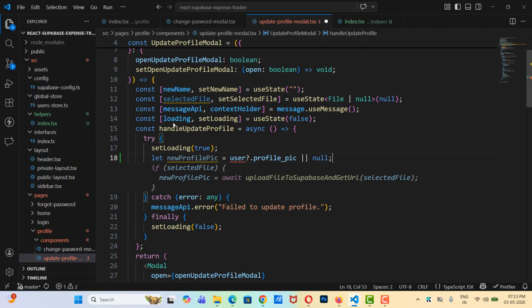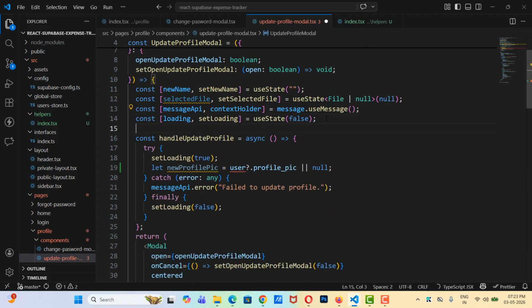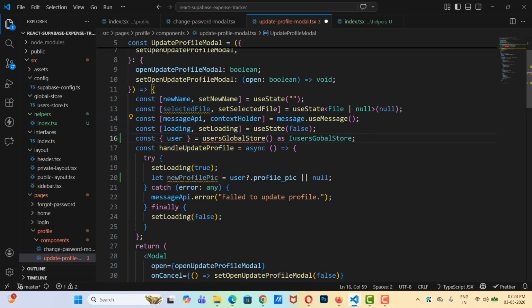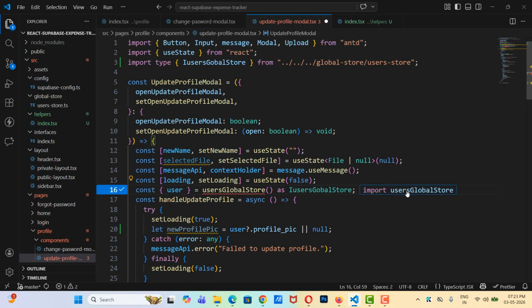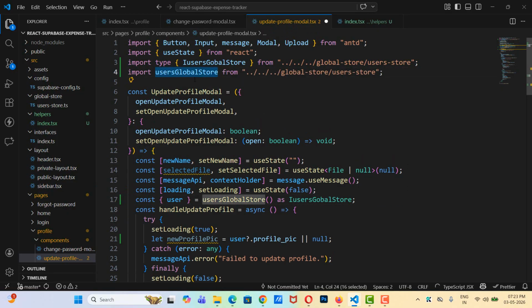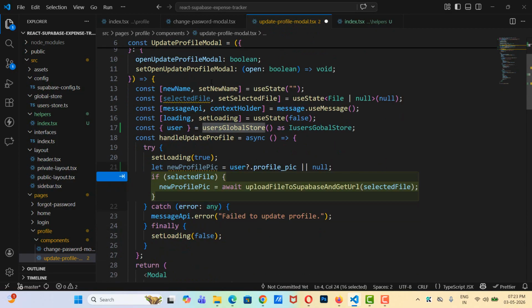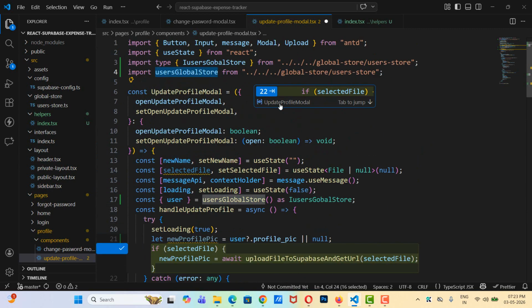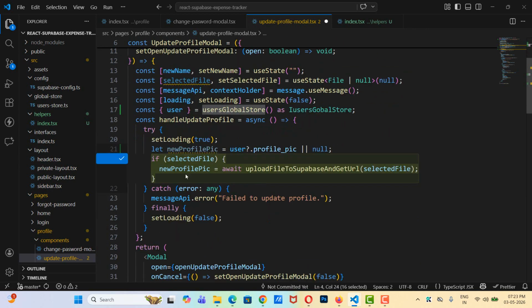So user we need to get it, so I'm going to say const user, and we need to import this as well, user global storage. Okay, this is fine. Now we have imported user global storage, and here we need to add a condition: if selected file is true, then new profile pic equals await,